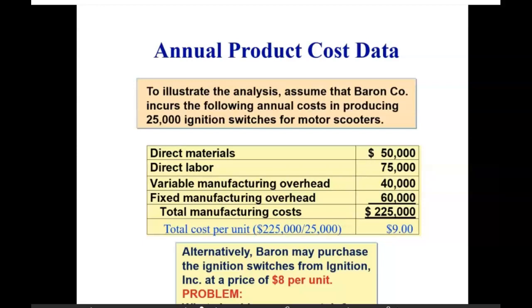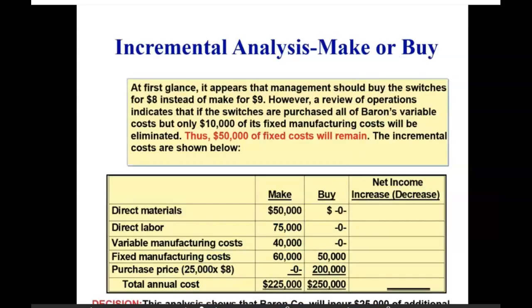So along comes another company that says, hey, don't manufacture, shut down that production capacity and buy from us at $8 per unit. And it looks good. At first glance, it appears that management should buy the switches for $8 instead of making them for $9. However, when we look at operations and look at cash flows, we could see